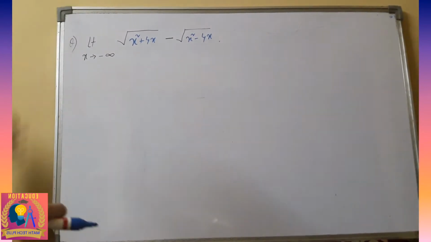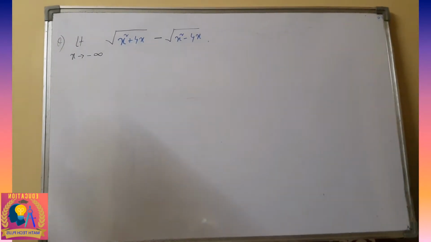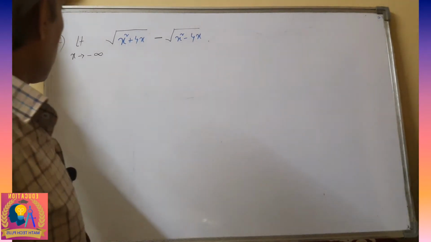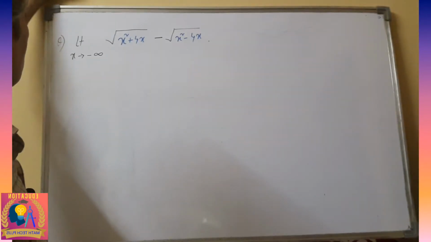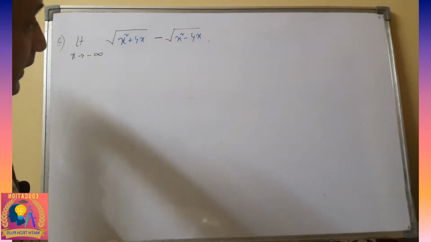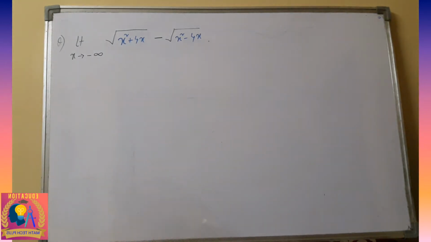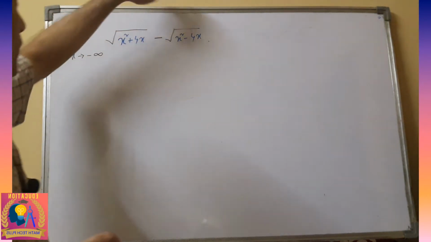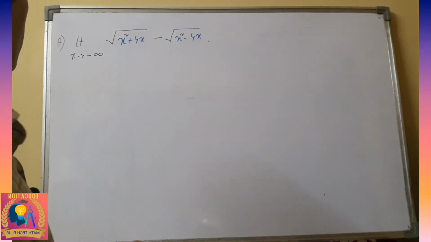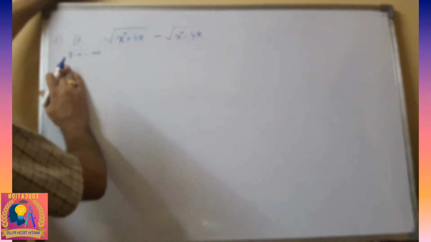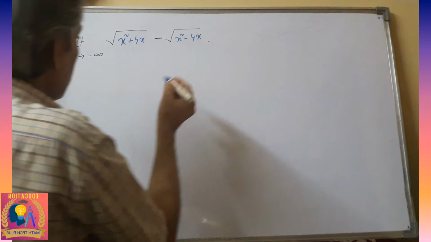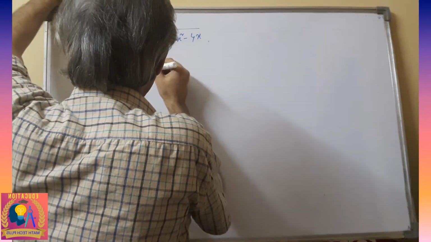So we are going to solve this limit. It is an algebraic function. Square root is also involved and x approaching to minus infinity. So what we will do is, since there is a square root, we will rationalize it, and since x approaching to minus infinity, in place of x we will let